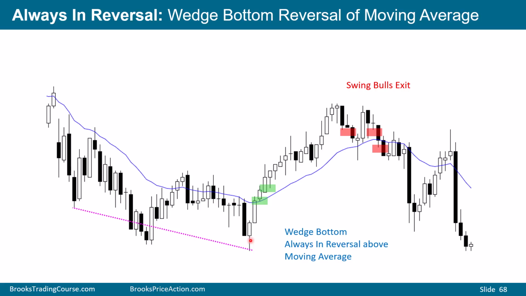Always in bears, a lot of always in bears will exit above this bar. And bulls, once they see follow through, especially follow through above the moving average, they'll begin to buy expecting a second leg. Bulls, they buy expecting a second leg up. But now, top of a trading range, those bulls begin to look to sell. So the swing bulls, they'll use this area to take their profits.